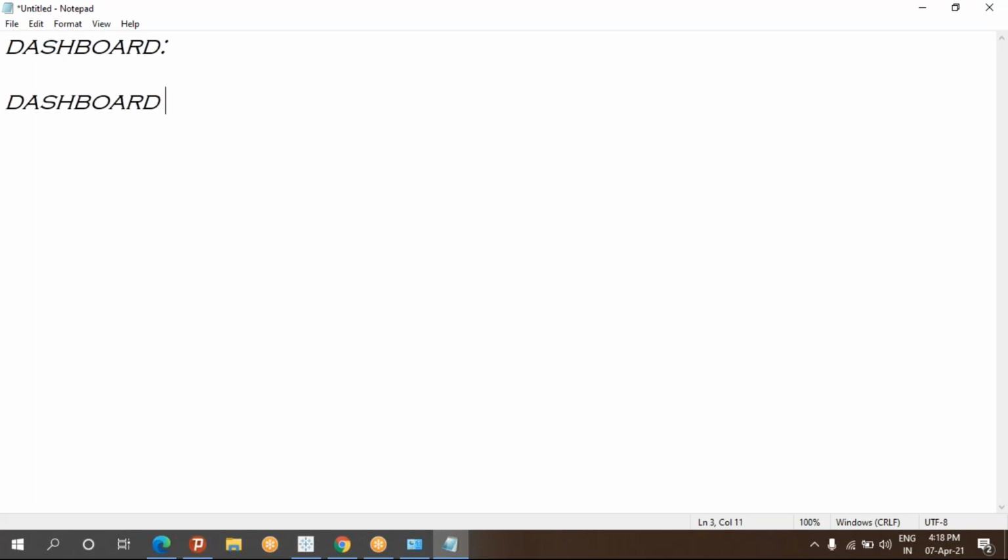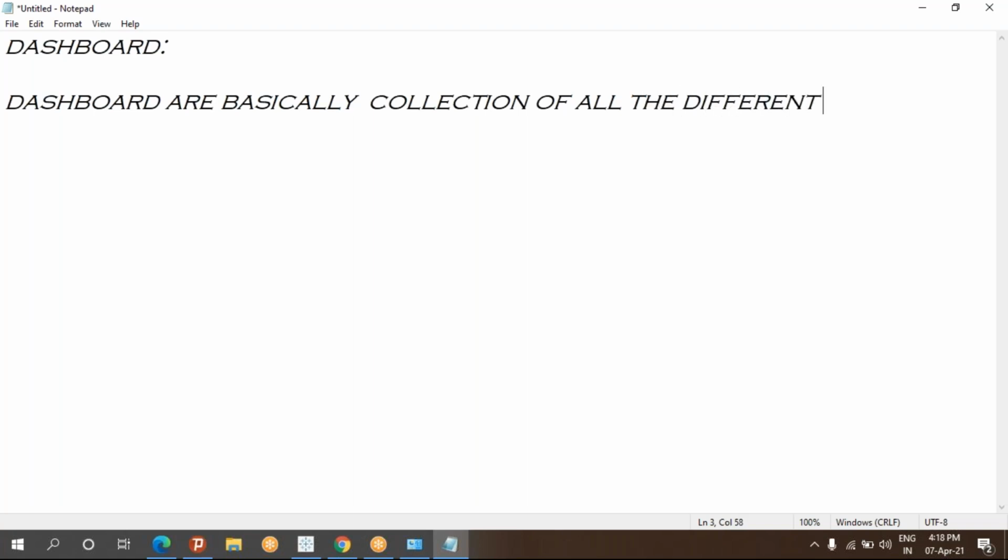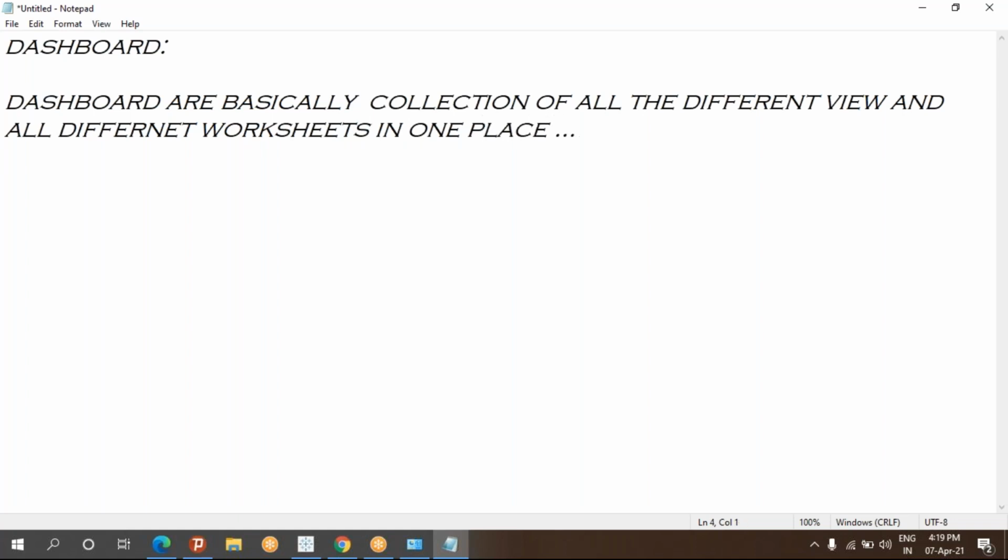Yes, dashboard is nothing but this, and we can use F7 as the shortcut.